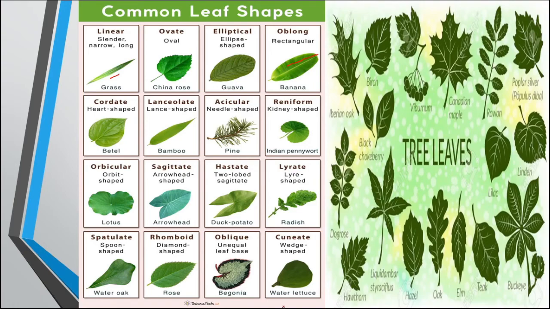So depending upon their shape, different names are given. One more thing: when the outer margin of the leaf lamina is smooth, it is known as smooth margin. In case of rose, the margin is not smooth, it is serrate. Such a structure is known as serrate margin. So in some leaves it is serrate, like in China rose, and in others, like betel leaf, the margin is smooth, that's why it is known as smooth margin. So there are various types of leaves.